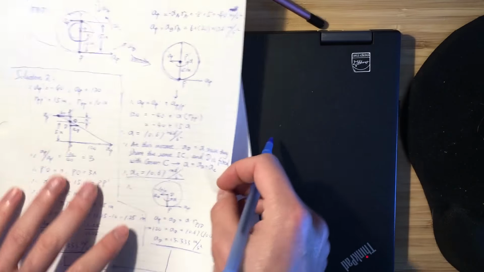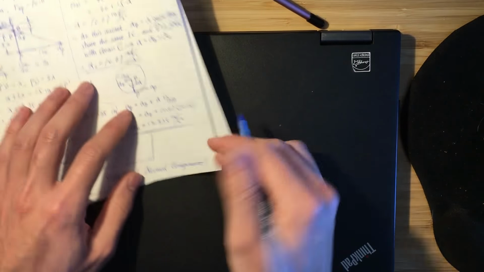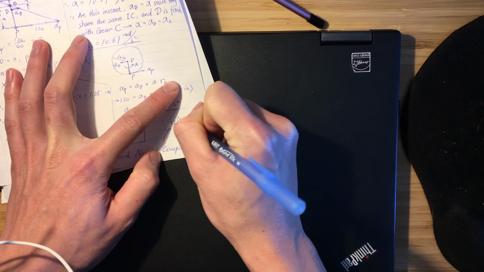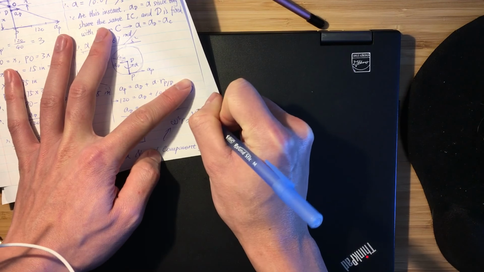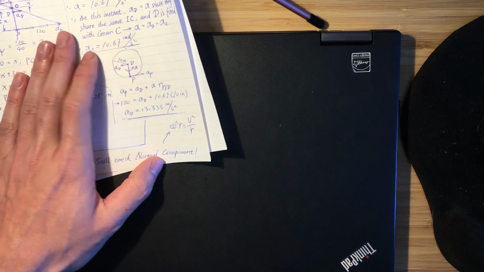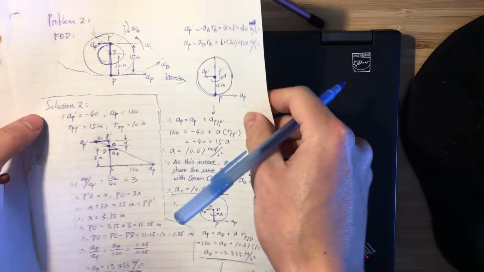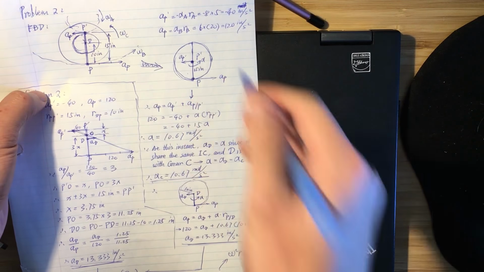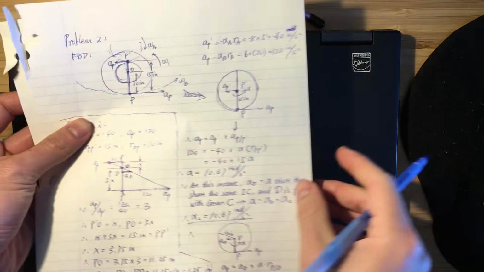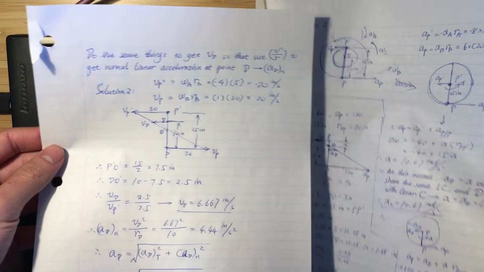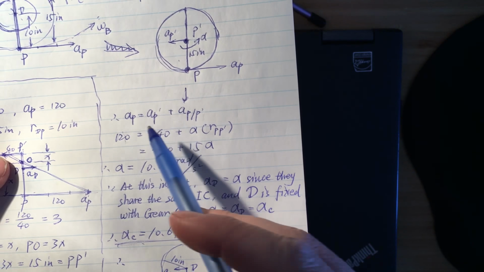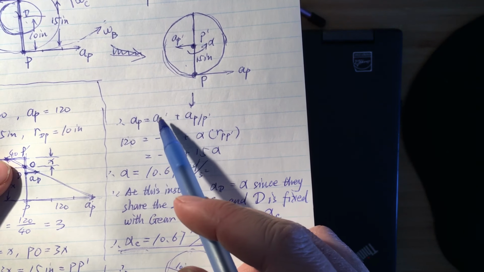By using the equation, right? Because the normal acceleration will follow the equation: normal components are omega squared r, or equal to v at some point squared over r. So we can get the velocity at D point and over DP, and then we get the normal acceleration at D point. To do that, you basically can follow the same method given by the solution manual on the blackboard, but you just transfer this alpha letter